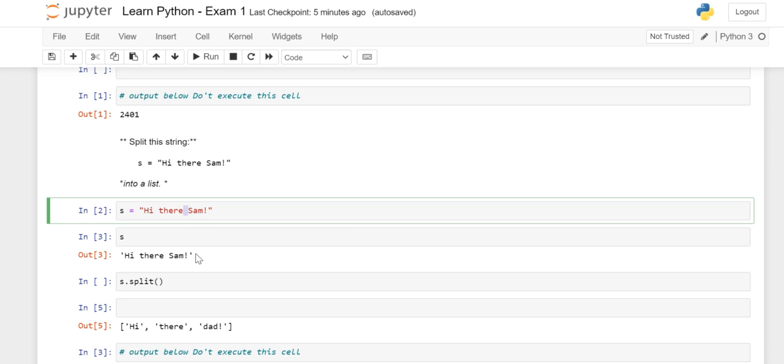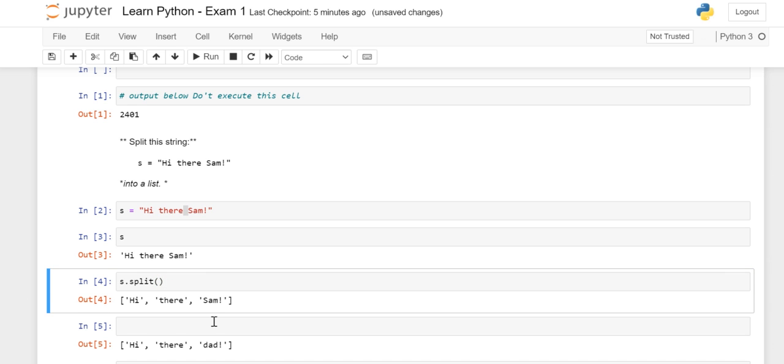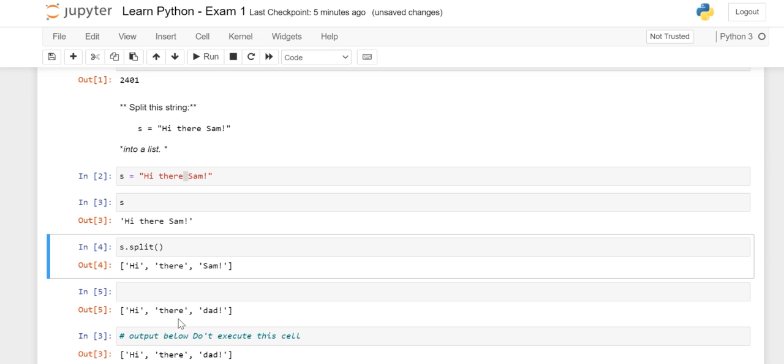Space. So what happens if I just execute it? You can see that I am able to get the expected output. Instead of this one complete string, it is now split into 3 different strings.